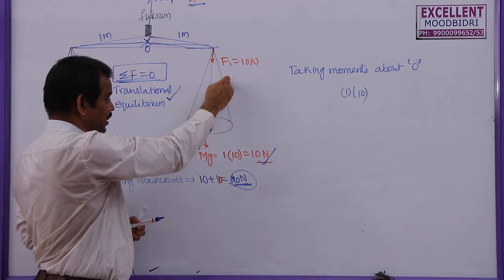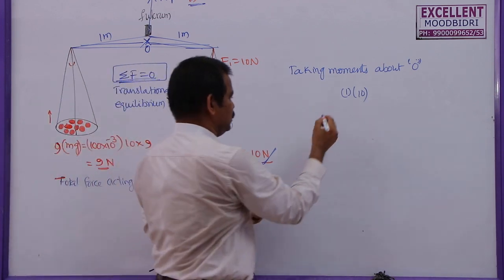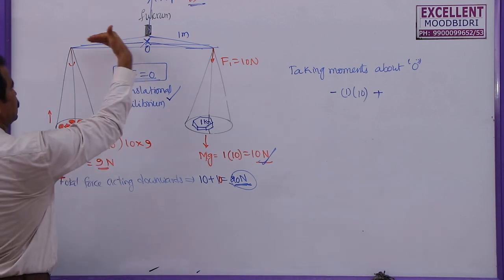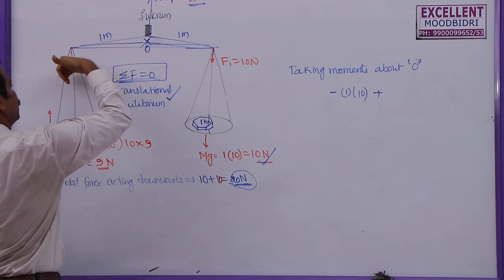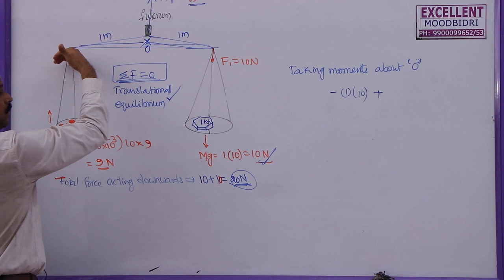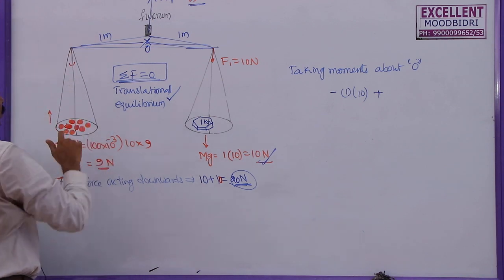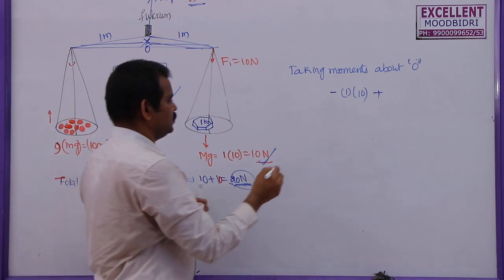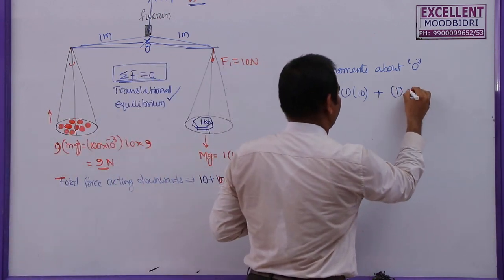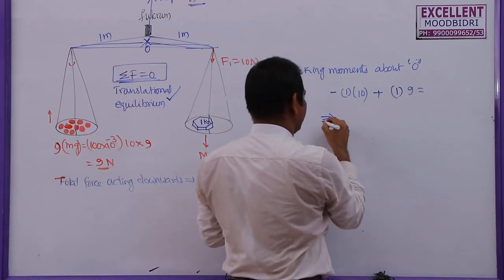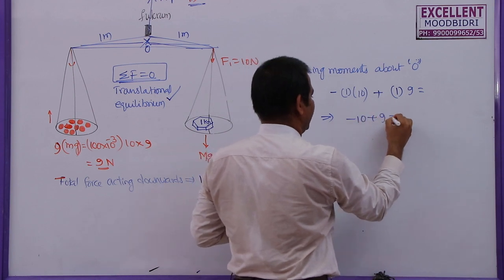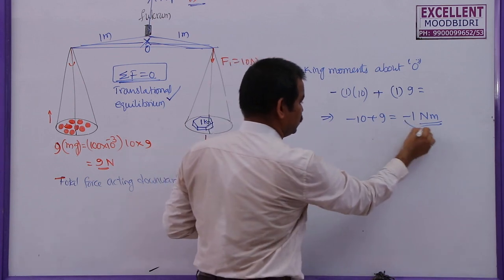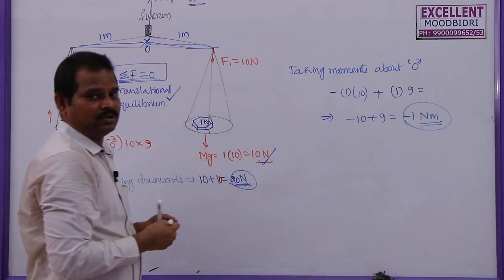So this is a clockwise moment, this is negative. What about this one? This distance is like this, force is acting downwards and torque is outwards, or anti-clockwise rotation. This will be anti-clockwise, positive, but the total force is 9 only. So this will be 1 into 9. So what is the net torque here? Minus 10 plus 9, which is equal to minus 1 Newton meter. Here you can see this is the total net torque acting on the system.